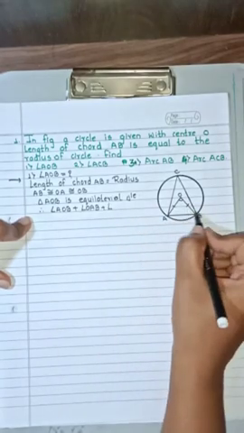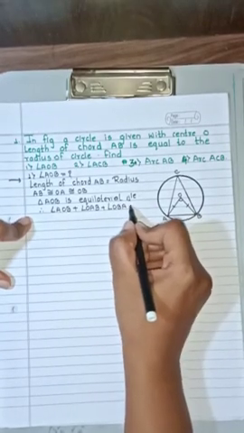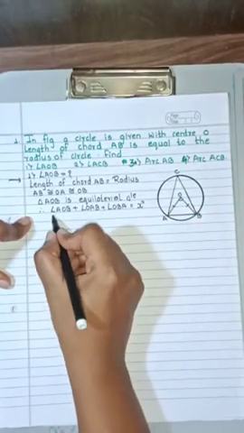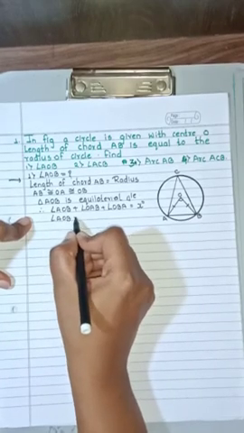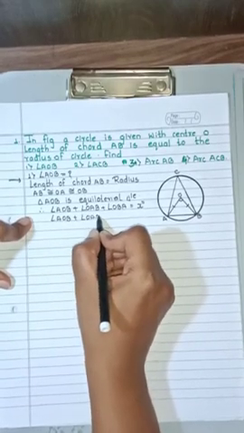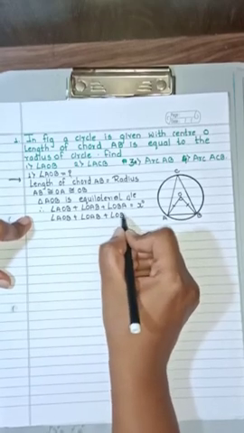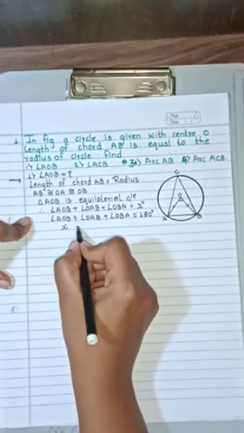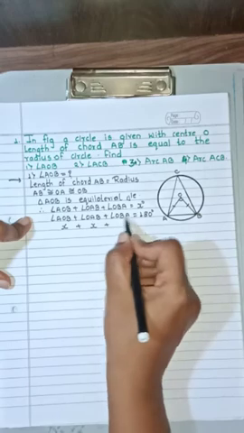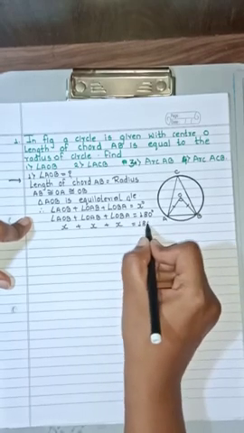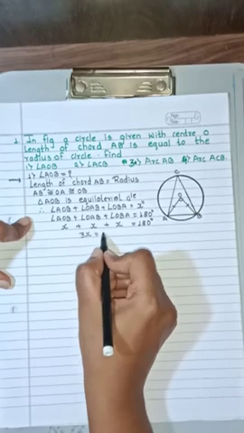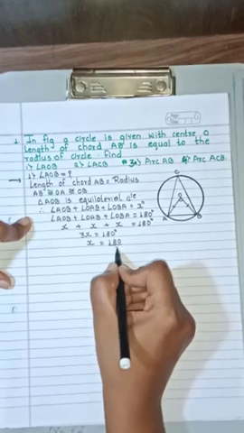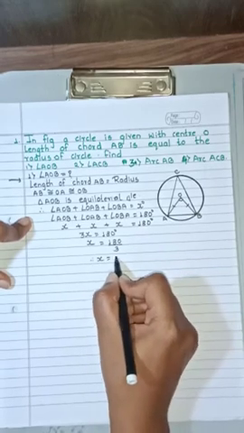As it is an equilateral triangle, measurement of angle AOB, plus angle OAB, plus angle OBA is equal to 180 degrees, since the sum of the measures of the angles of a triangle is 180 degrees. Each angle, we'll suppose, is x degrees. Putting x in place of AOB, OAB and OBA, 3x is equal to 180 degrees. Therefore x is equal to 180 upon 3. Therefore x is equal to 60 degrees.